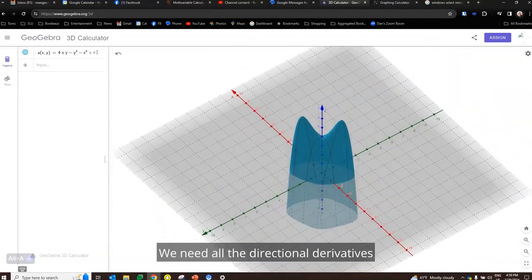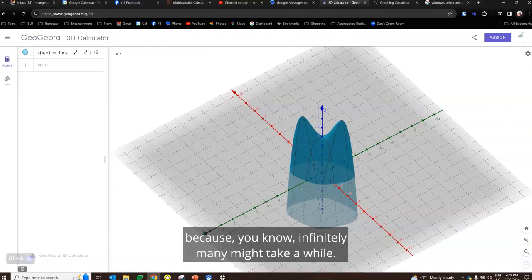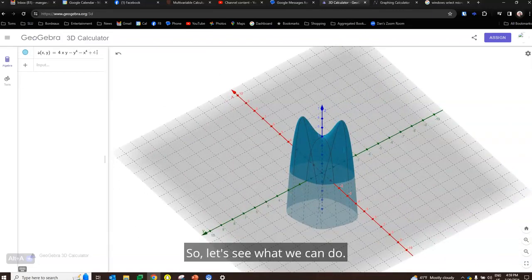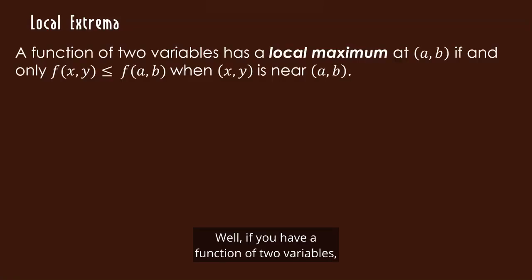We need all the directional derivatives to be 0 at these points, but we don't want to test all of them because infinitely many might take a while. So let's see what we can do. Local extrema. What is that? Well, if you have a function of 2 variables, so you've got a surface, this will have a local maximum